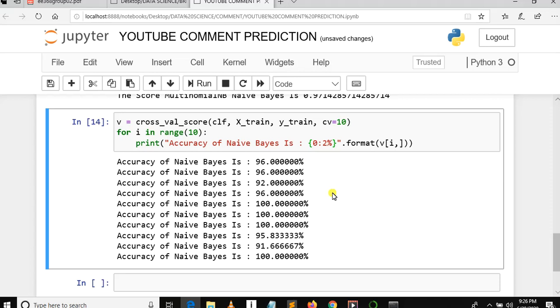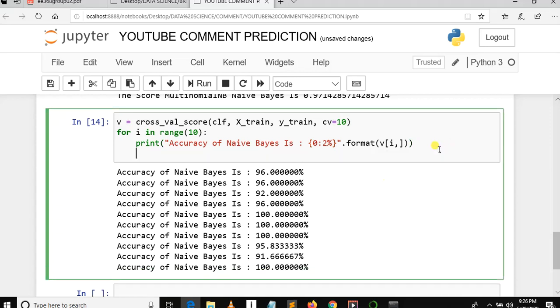So I'm going to print the mean accuracy, and this is what I'll put more consideration on. So yeah, here we are out of our loop, and let me display these words. The mean accuracy of Naive Bayes